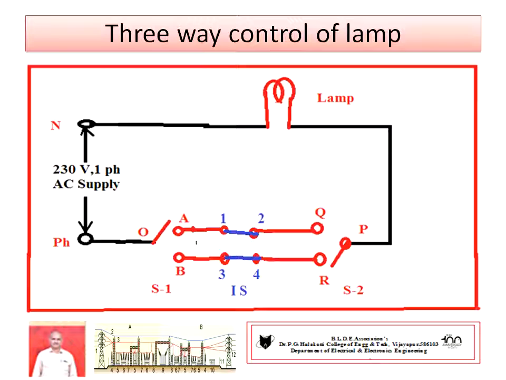Hence, we are getting the first 4 conditions which are similar to the two-way control of lamp. You write in the operating table the first 4 conditions the same. The next 4 conditions will change, that is in cross connections, those are opposite to straight connections, that is where the lamp is on, then in cross connection it is going to be off. Another 4 conditions. Hence, if it comes in the examination, you have to draw the circuit diagram, you have to draw the working table with a little bit of explanation, but these two are in the practical. You have to verify the result.